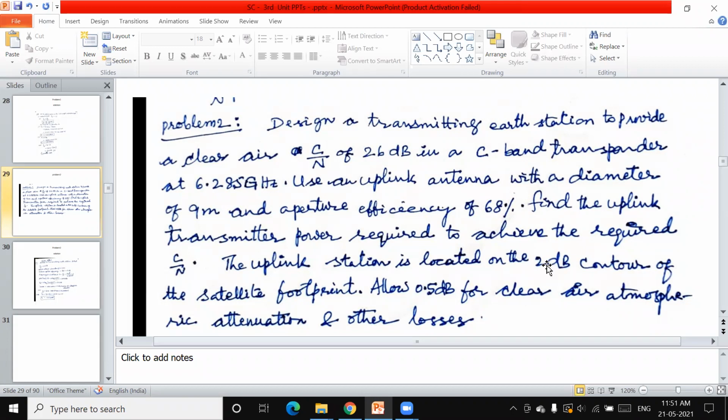దాంట్లో PT వాల్యూ కావాలి, రైట్? వాట్ ఇస్ దట్ ఫార్ములా? What is the PT GT minus losses is nothing but the power that has been transmitted from the earth station 1 antenna. So now if this signal goes to the satellite receives the signal, and what is that C/N ratio? What is the carrier to noise power ratio that has been received? So it is already defined and given as 26 dB.